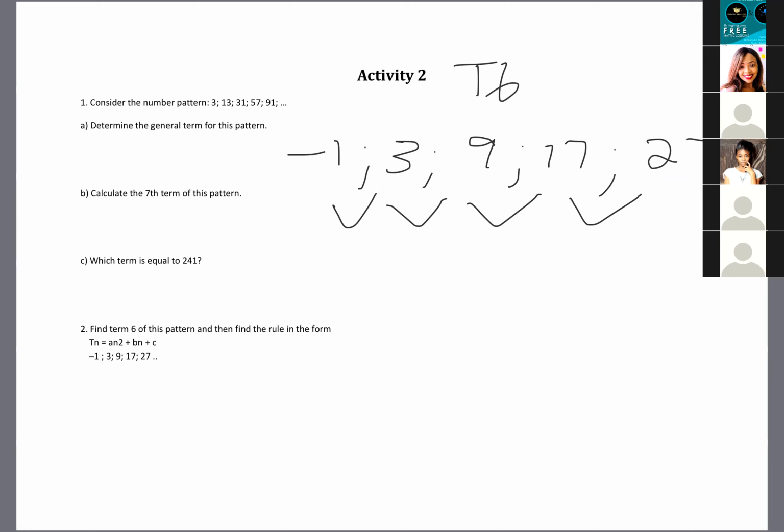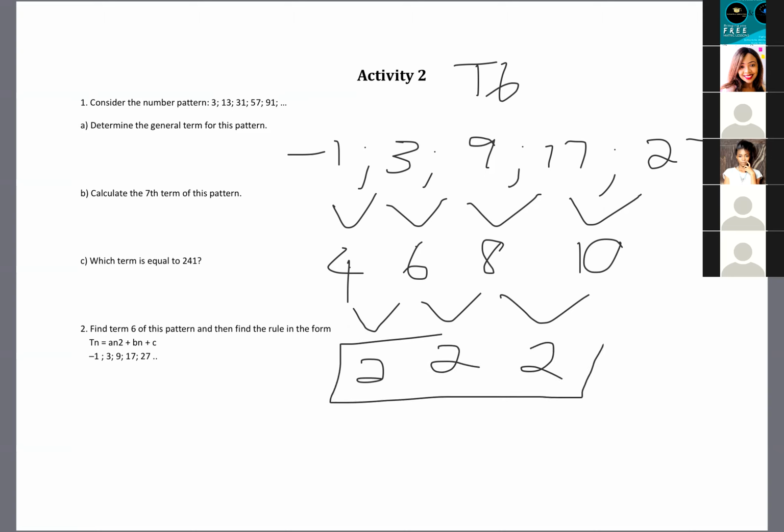All right. So now we find the first difference. My first difference here is going to be 4, 6, 8, and 10. And then my second difference here is going to be 2, 2, and 2. And the fact that this is common tells me that it's a